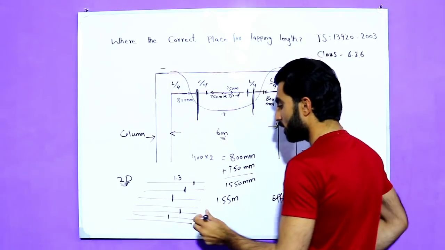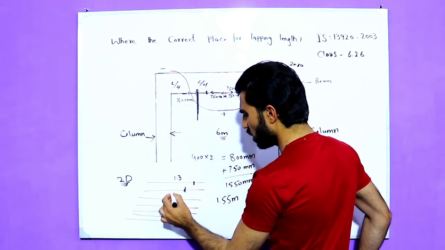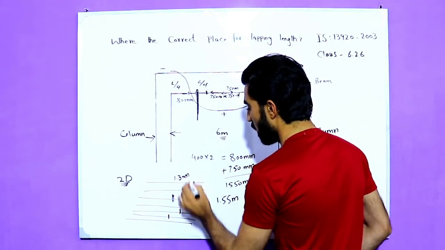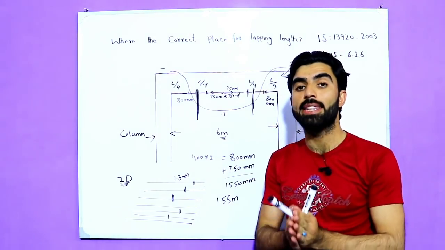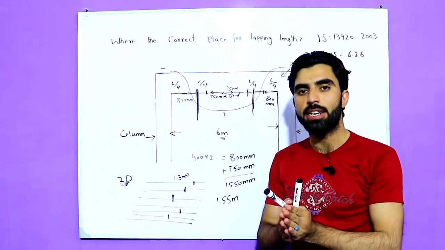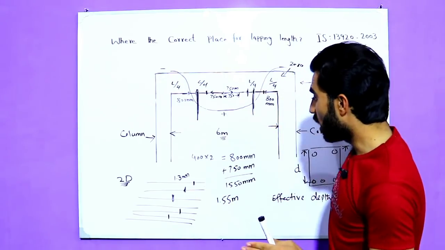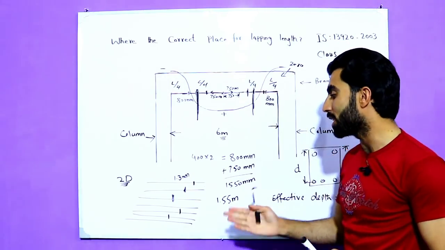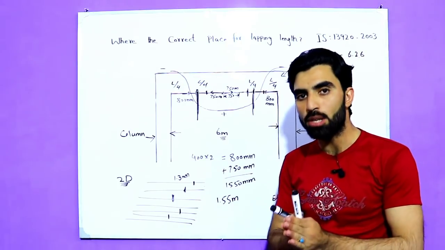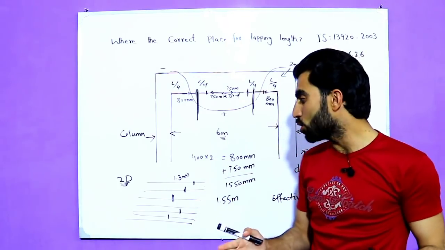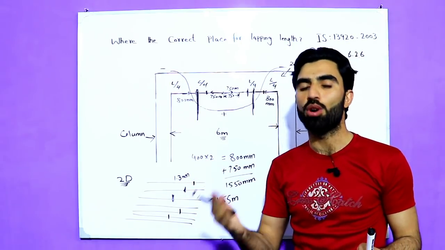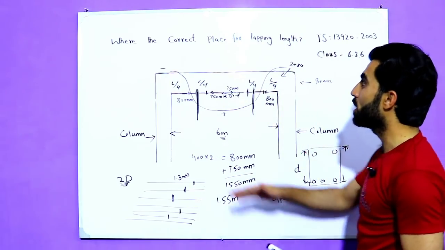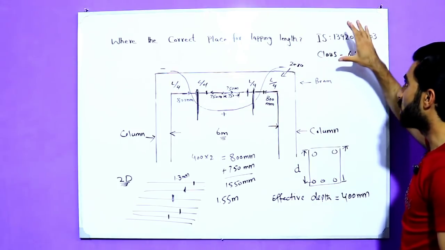For example, if this is 1 meter, so the space should be 1.3 meter, because lapping length should not be provided at the same point for different diameters. So therefore, clause 6.2.6 of IS 13920/2003, they said from one lapping to the other lapping, the center distance should not be less than 1.3 meter. So guys, this is the topic where is the correct place for lapping length with the reference of